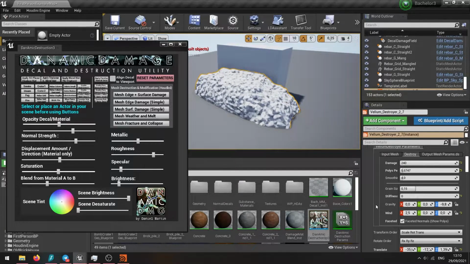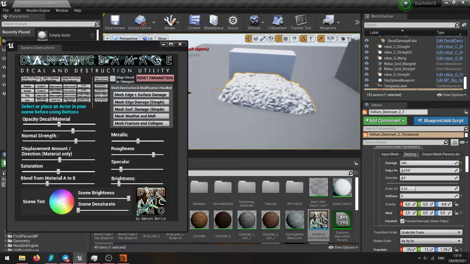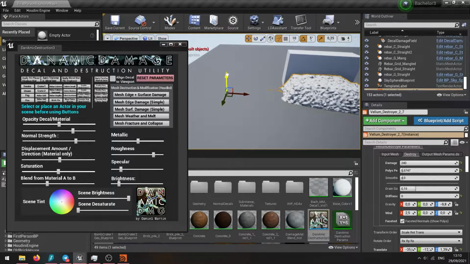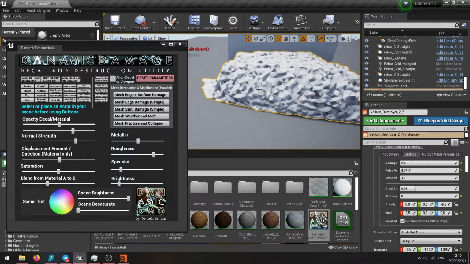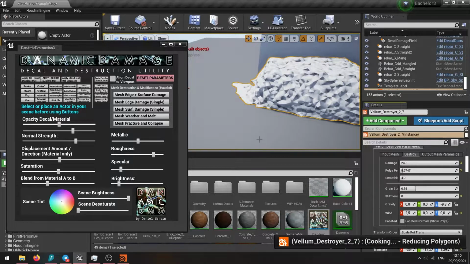In fact, I always advise having at least a little bit of wind, because without the wind it stays fairly static. But increasing it too much means there's a good chance your geometry ends up all the way off screen because of the simulation running within Houdini. If I move this up a little bit, you can see it's also done a bit of damage around the edges. And if we now turn off our faceting,